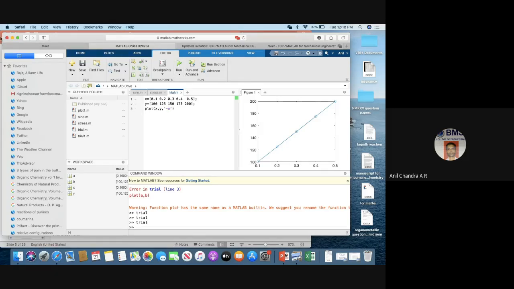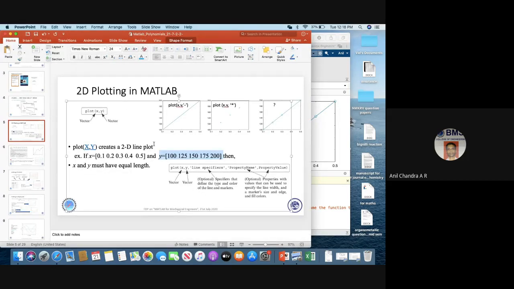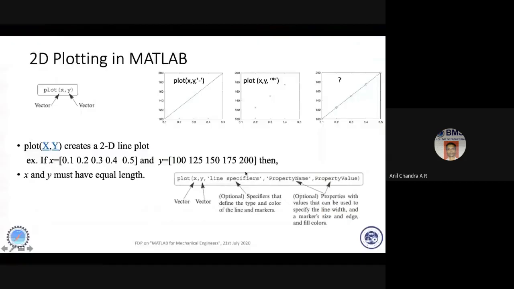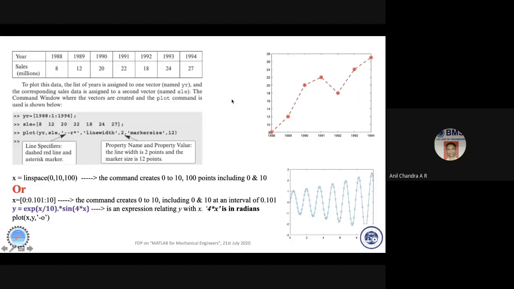So I'll go back to the presentation. Okay, so you can play around with that, types of lines, types of markers, and get different kinds of lines. What I've done is I've entered X values here. It is the year. You can use, I think in the morning or yesterday, you were introduced to the linspace command. If you want to enter data, you can use linspace or arithmetic progression commands. So X values are entered and Y values are entered, similar to the way we saw just now. And then we use the plot command, X and Y.